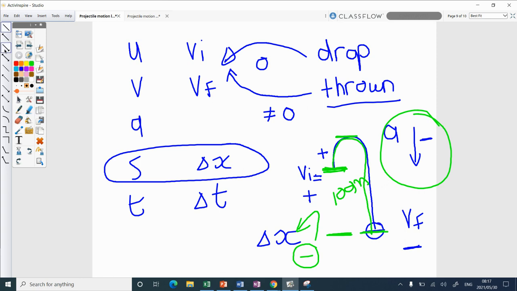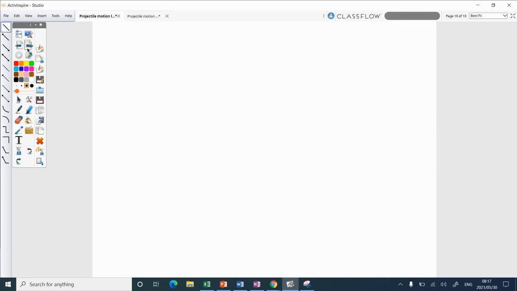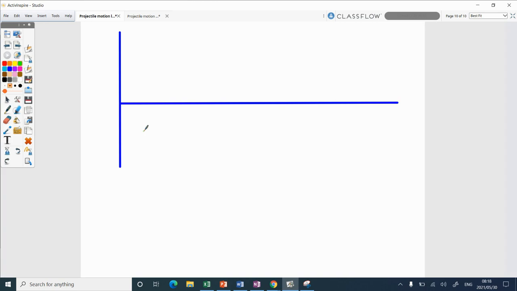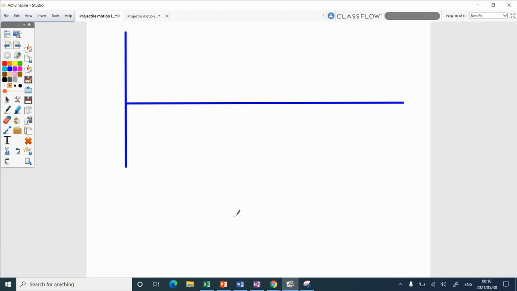Oh, good. Can you please do bouncing balls where up is negative, down is positive? Sure. So let's go through, because the bouncy ball is now almost in every single final paper. They're putting it in everything. So let's look at the different scenarios. We are standing on a roof, throwing the ball up, and it lands and it bounces.